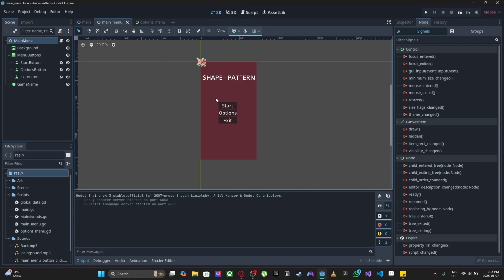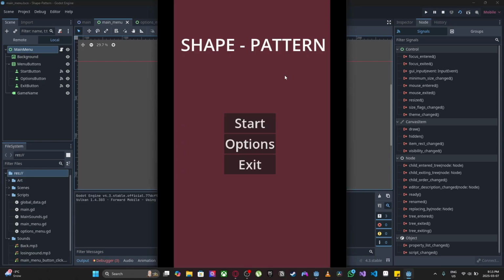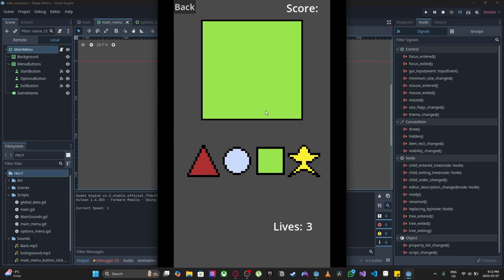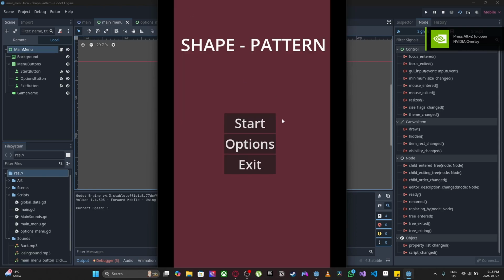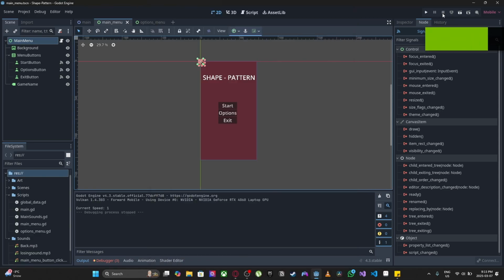Then we'll probably add a small fade in, fade out, so it won't look so jarring, like when you press the start button and it immediately starts the game. Let me show you. You press start, it just goes there immediately, and we don't want this. We want a fade in, fade out effect, so it goes to black and then comes out of black. Okay, so first off,